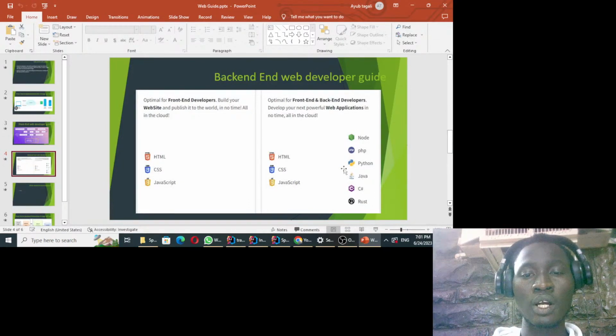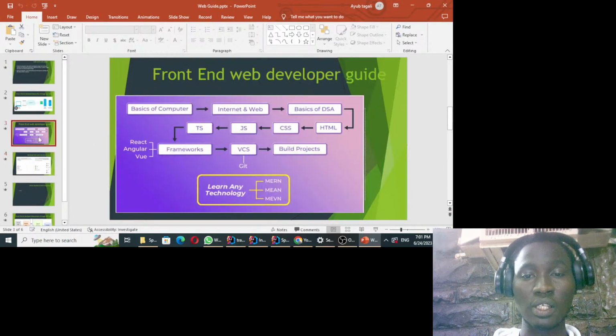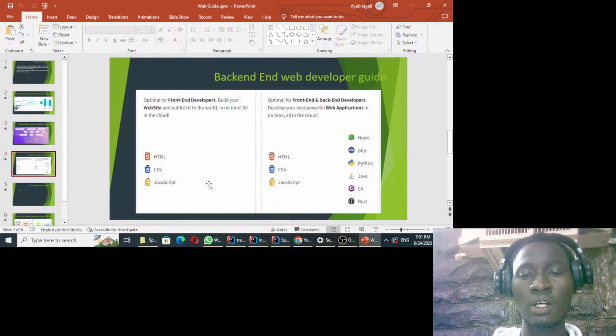All right. And these other languages are for the front end, as we have seen in the previous slide. So you can see that this is the front end, and these are the backend stacks, from which of course you can choose one. You can't actually do all of them, but you will basically choose one. You will not be able to learn all these programming languages, but at least choose one which is going to be okay and familiar to you.